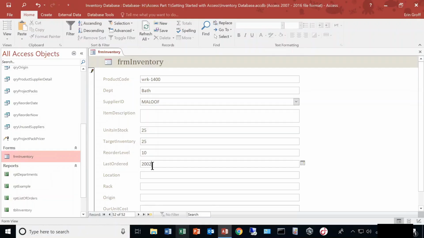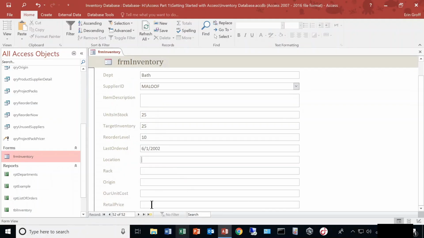I don't know what the date is. I'm just making up an example on the fly here. We'll do June 1st, 2002. And you would enter all of your other information here. And when you got to the last field of retail price, whatever that was, let's say $1.25,